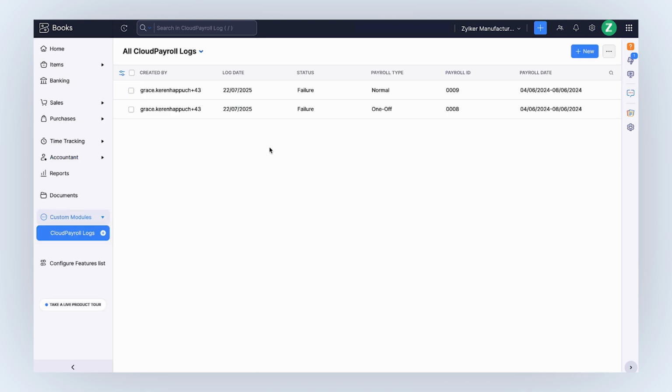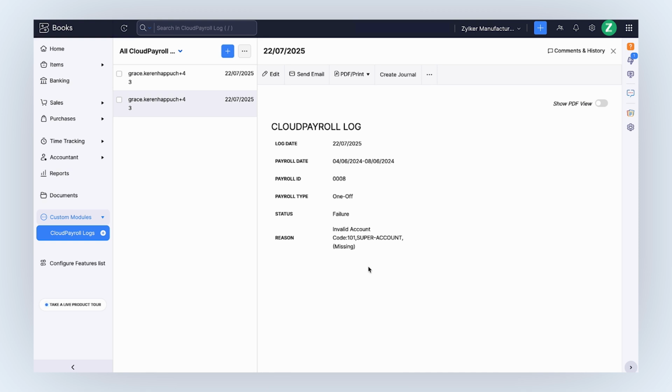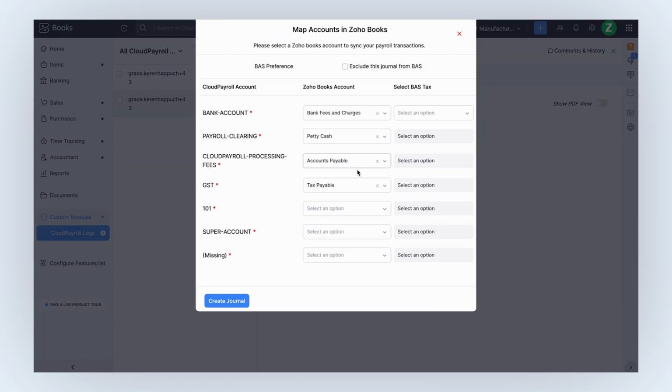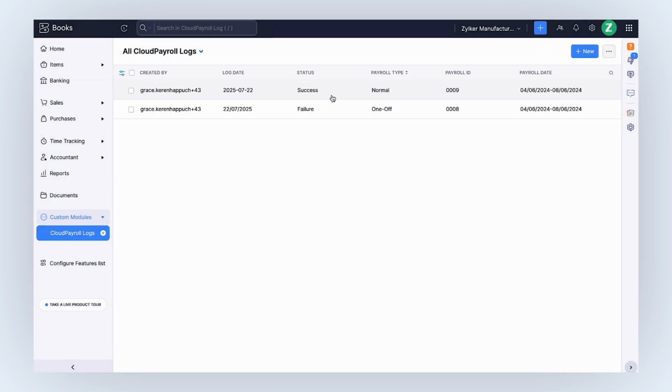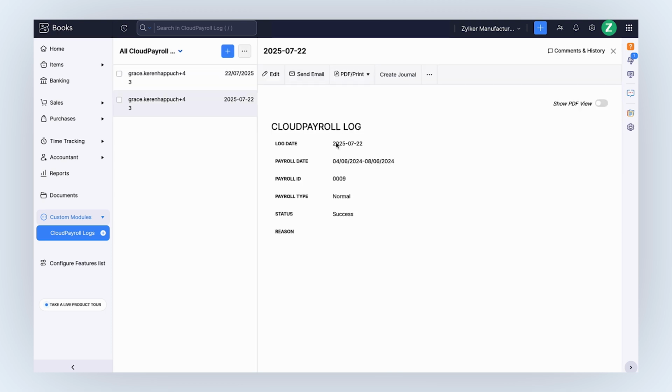If a log status is failure, you can click the log and view the reason for failure and manually create a journal to sync your payroll transactions. Click Create Journal. In the pop-up, map your accounts in CloudPayroll with the accounts in Zoho Books and click Create Journal. Now, if the accounts are mapped correctly, the status will change to success and a journal will be created